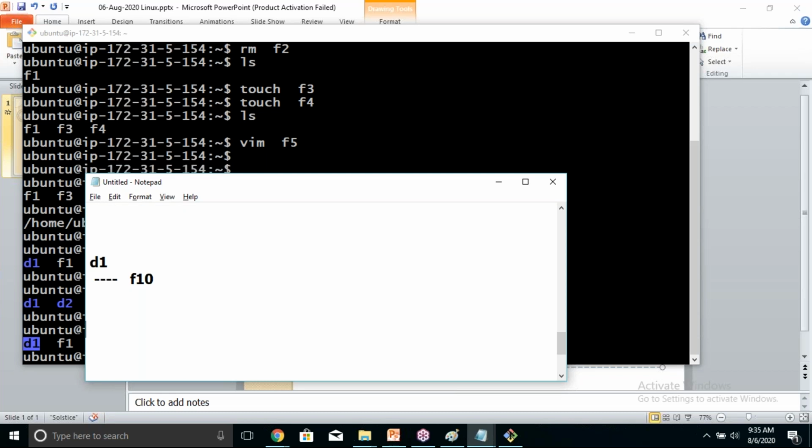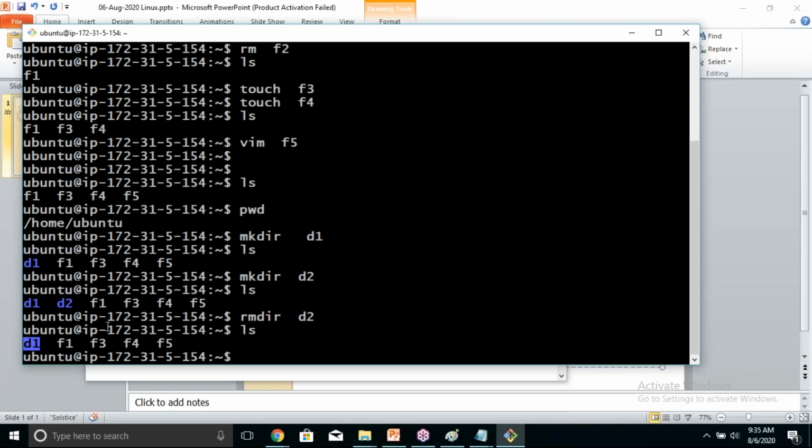We can create a file by using the touch command, no doubt. But if you write the touch command here, the file gets created in the present working directory. I don't want to create a file in the present working directory. I want to create a file inside D1.